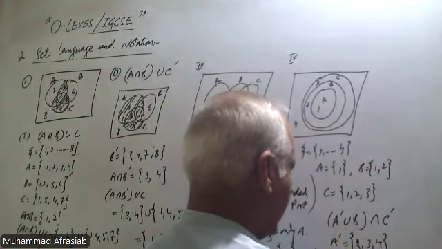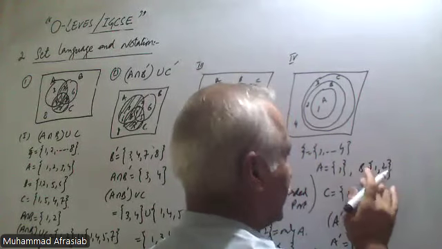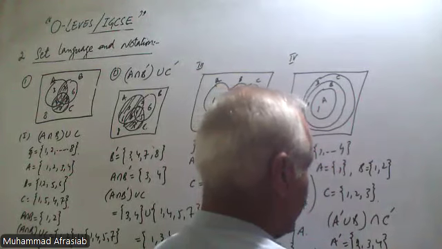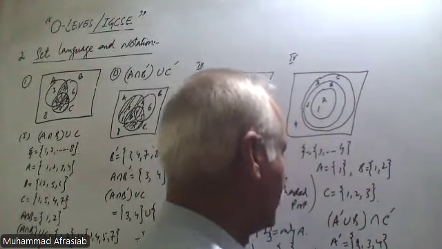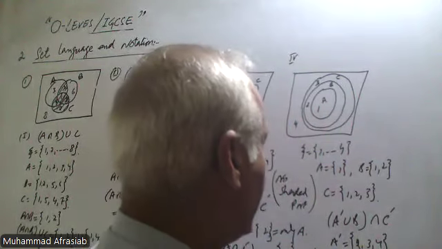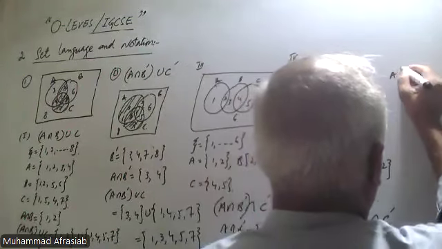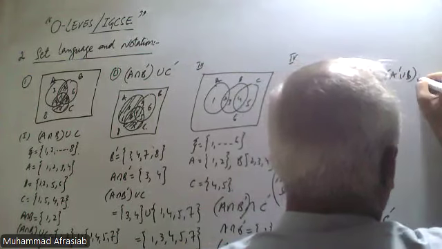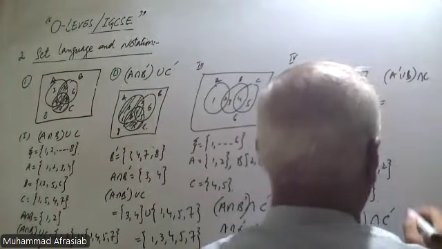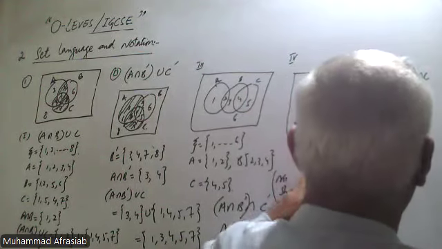With union B, A complement union B is standing for A complement and B together. So 1 is there, 2 is there, 3 is there, and 4 is there. So 1, 2, 3, 4 is this A complement union B. Now we are finding with the third condition, intersection C. So A complement union B intersection C is basically equal to 1, 2, 3, 4 intersection with this element C